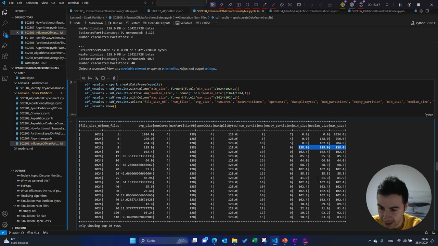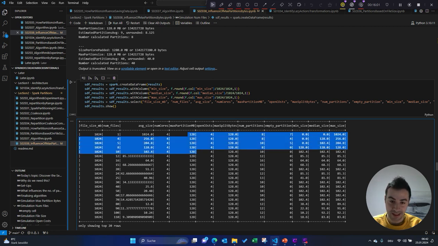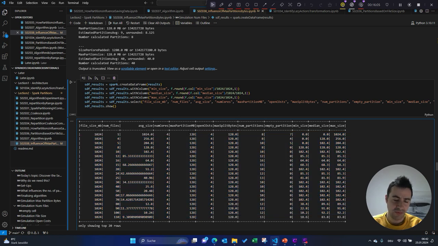Let's see if we have a scenario where we don't have a good circumstance. First of all, what's also good is the number of empty partitions is quite small. So we can see that this value seems to have a bigger influence. The number of files doesn't really influence the number of empty partitions. What it influences is definitely